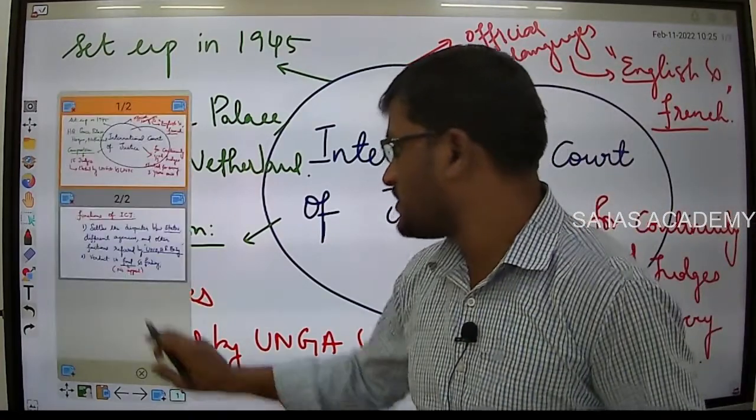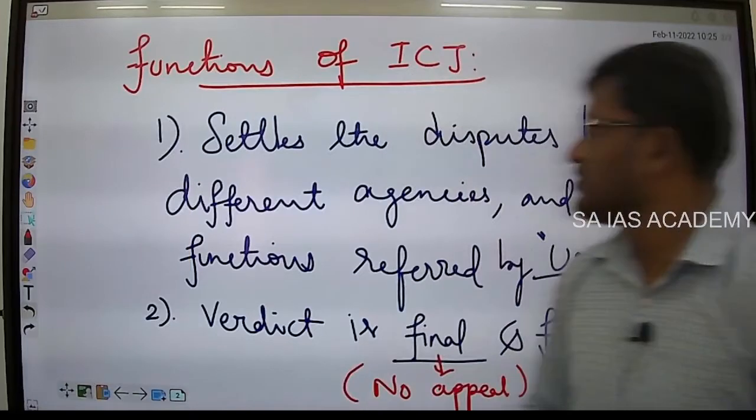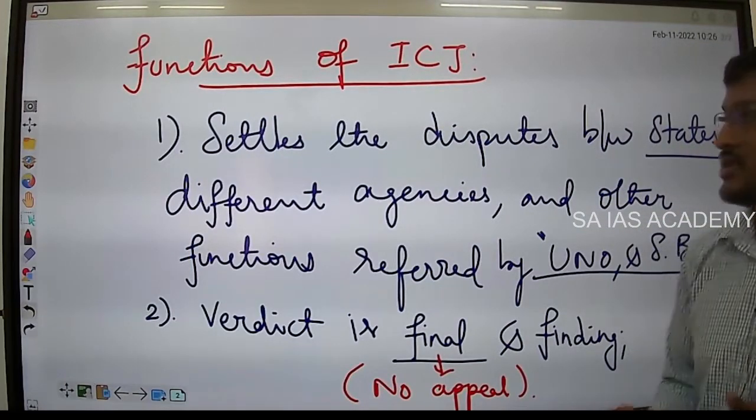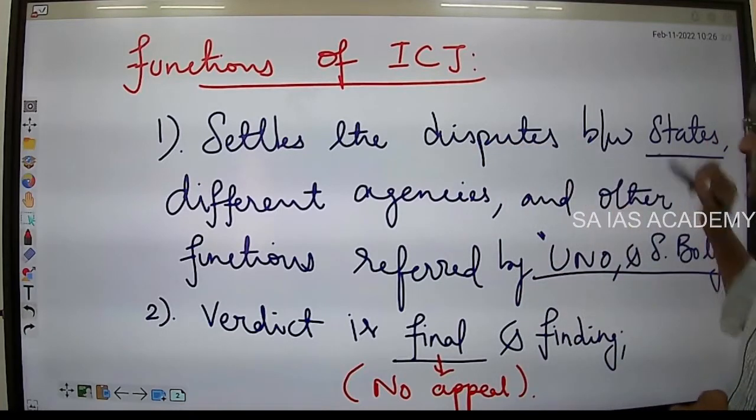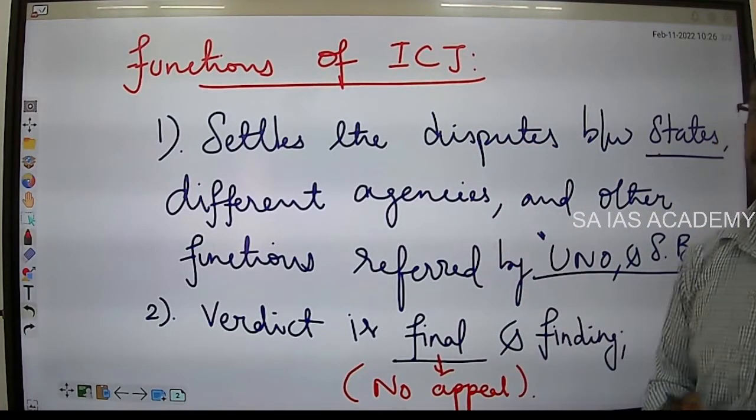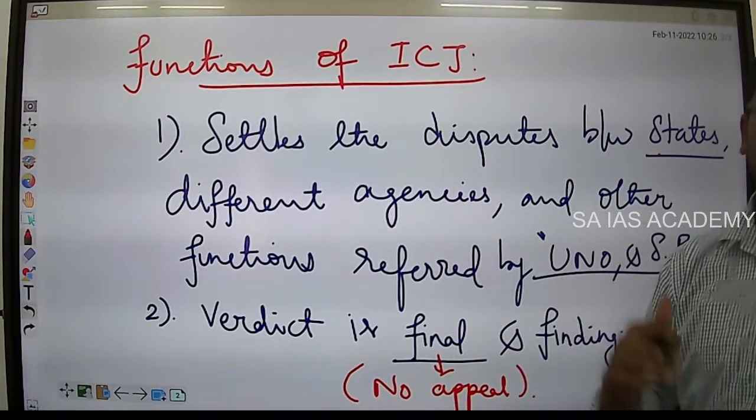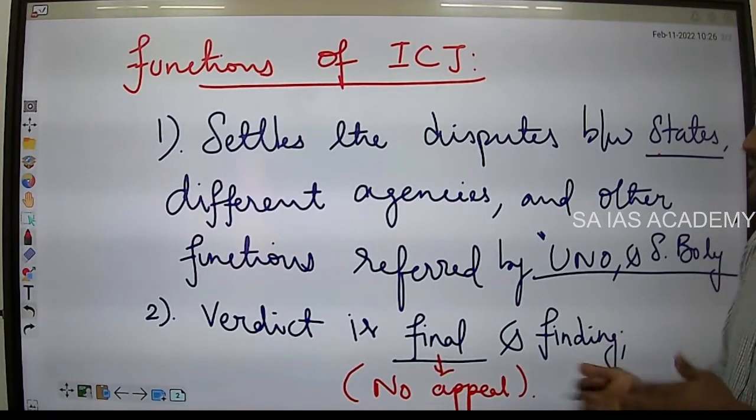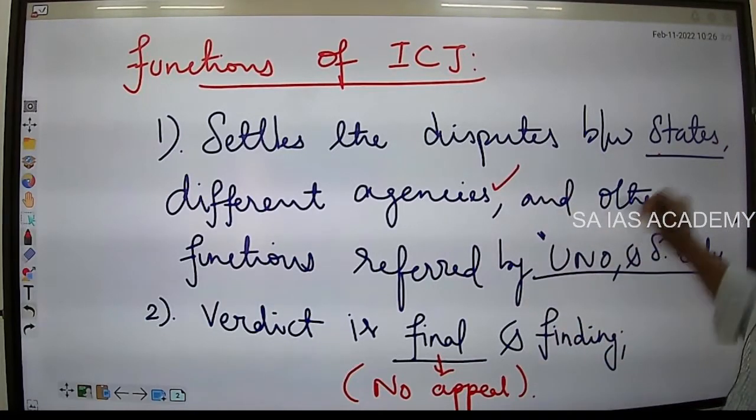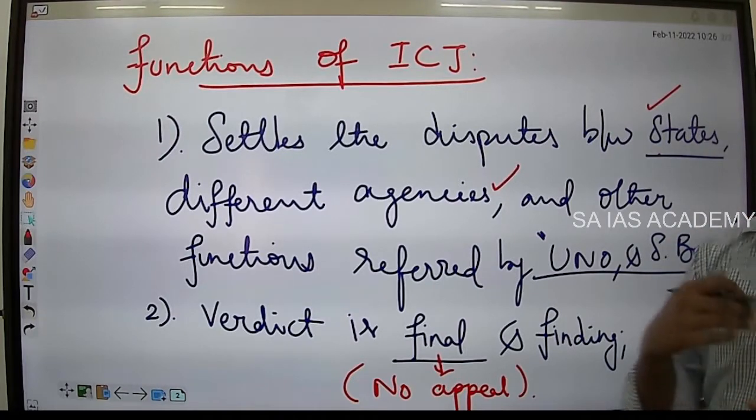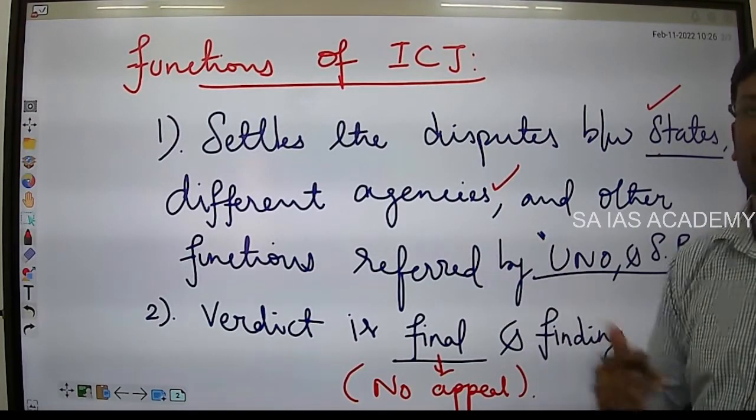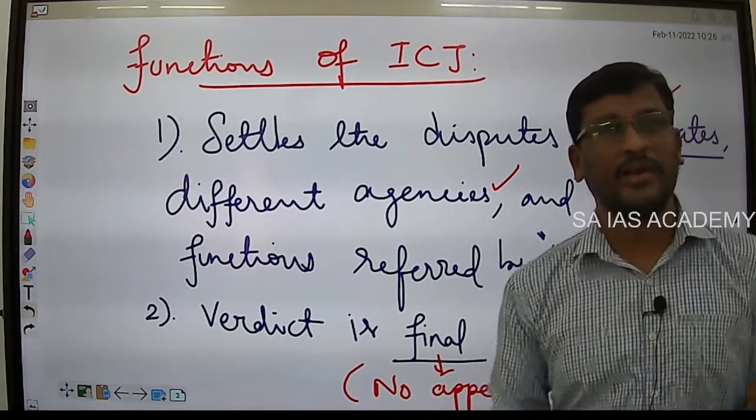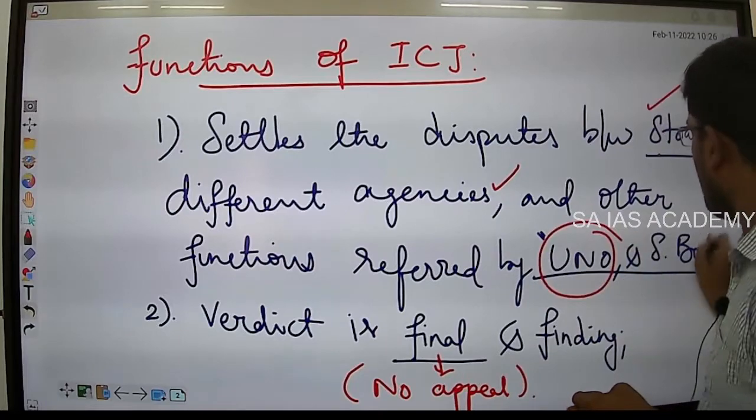Then what are the functions? The court resolves issues. It settles disputes between states, that is countries, and different agencies, for example disputes between UNESCO and WTO. It also resolves disputes between countries, for example India and Pakistan, or India and China. Other functions are referred by the UNO and its specialized